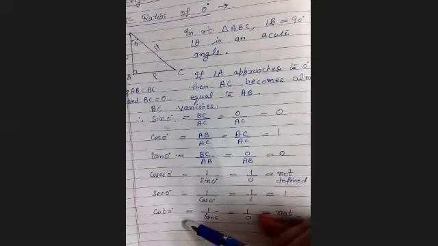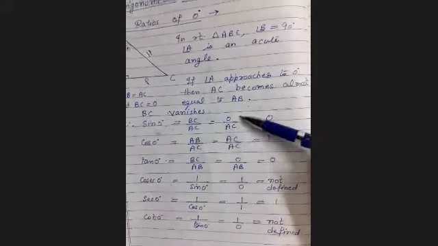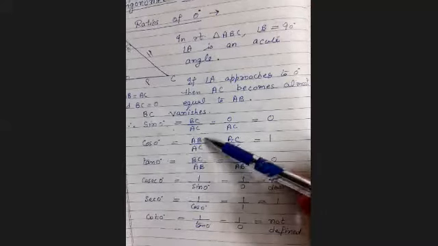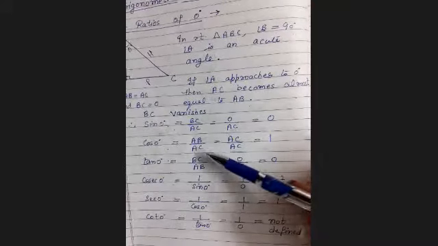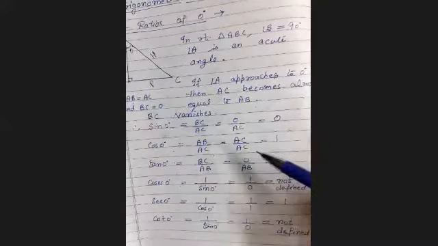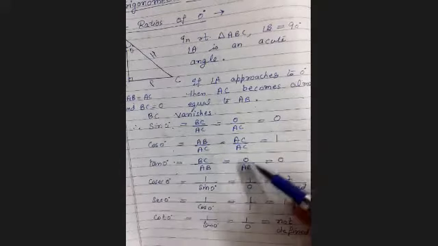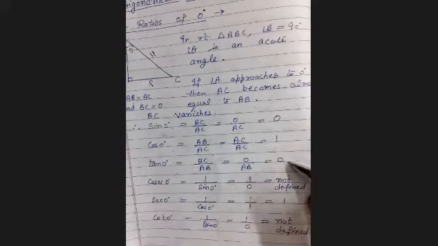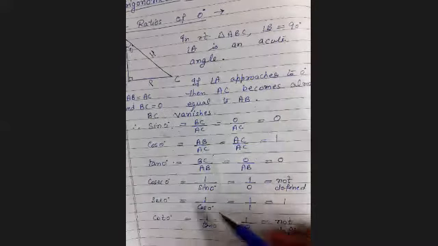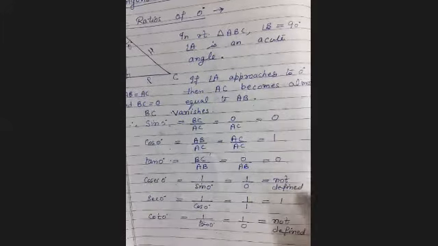So by using it, we are finding sine 0, cos 0, tan 0, cosec 0, sec 0, and cot 0. So you can see here, sine 0 degrees is perpendicular upon hypotenuse, that is 0 upon AC, and 0 upon any number is 0. And cos 0 degrees is AB upon AC, that is base upon hypotenuse. As we know, AB is equal to AC, therefore AC cancels, and it is 1. And tan 0 degrees is BC upon AB, and BC is 0, so 0 upon AB equals 0. And cosec 0 is the reciprocal of sine, sec 0 is the reciprocal of cos, and cot 0 is the reciprocal of tan. Similarly, we are finding all these things.